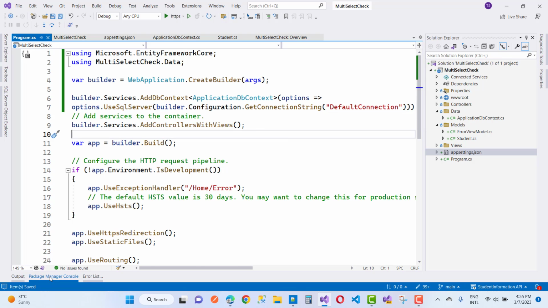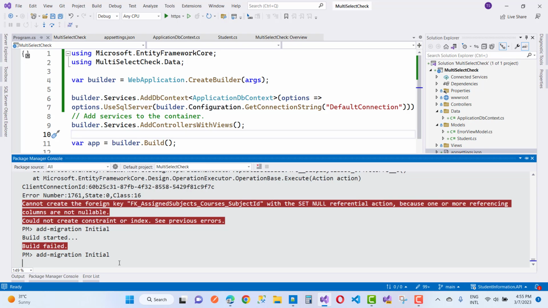Okay, so now after that you have to do the migration, that is add migration initial,